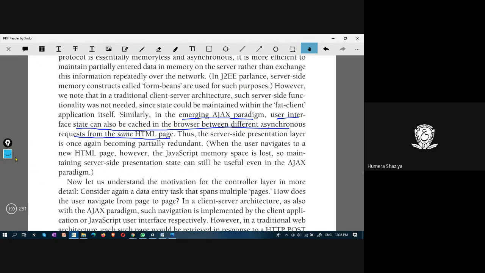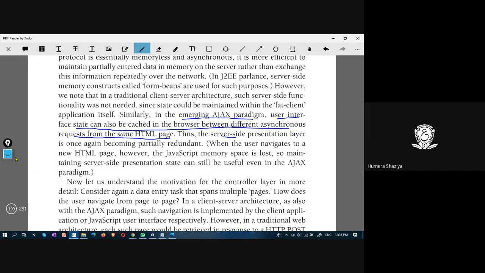Means whatever the user has entered in that form would be cached in the browser. It can later be sent to the server from that cache, not by asking the user to enter it again. Some details can be cached.